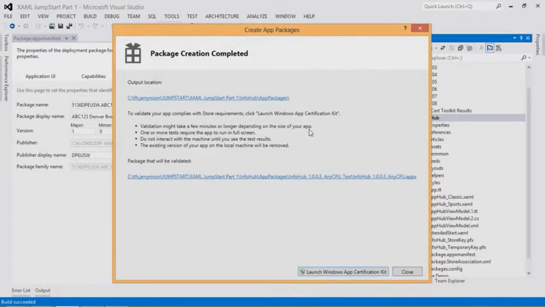So here it is. This is the result page. It gives me the option to use the Windows App Certification Kit. That's the WAC of all things. Indeed. The Windows App Certification Kit. Automated tests that run against my application to see if it would pass the automated portion of the store certification. And the key thing about this is these are exactly the same tests that are going to be run by the